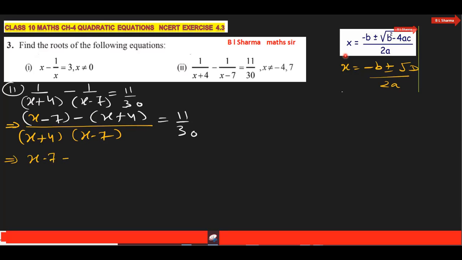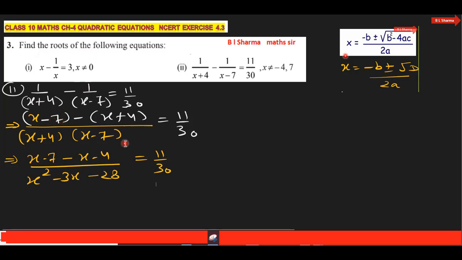Open the bracket, x minus 7 minus x minus 4, x square minus 3x minus 28, that is 11 upon 30. X plus 4 into x minus 7, that is x square minus 3x minus 28. Further, plus x minus x cancel, so we can write minus 7 and minus 4, that is minus 11, into 30 upon 11,